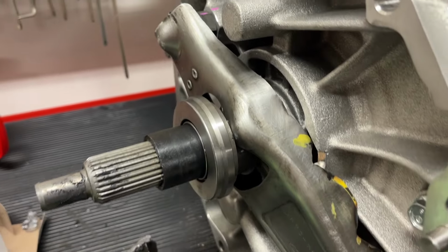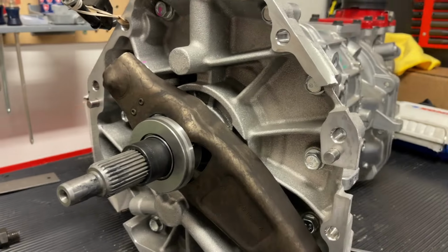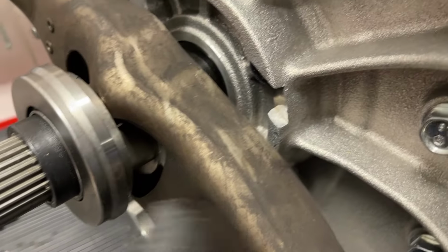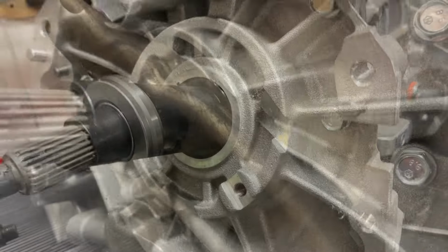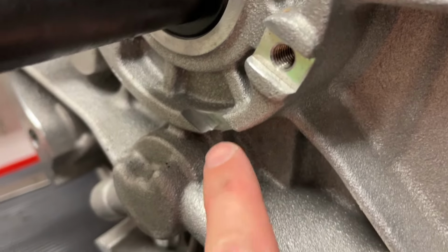So we will have to shorten that pivot ball stud and possibly also do some clearancing. Okay, T56 Magnum with a stock clutch fork. They have made some provisions, it looks like, where they've notched it out for the clutch fork to go back a little bit more. Note where it appears that they have notched it from the factory for that clutch fork